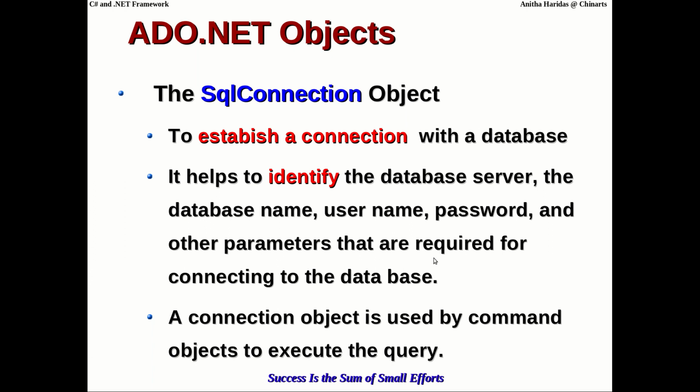So these are the things required for connecting to the database. I repeat, if I want to establish a connection to a database, you need to provide the database server name, to which database you want to make a connection, what the user credentials are, and if you have any other parameters like security parameters, they can also be specified. So whenever you want to establish a connection, this information must be provided here.